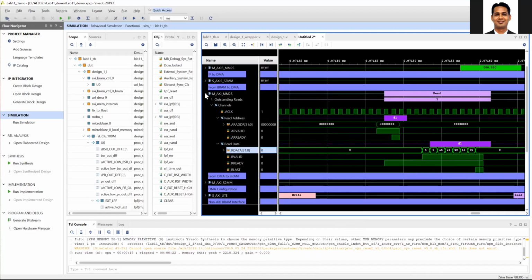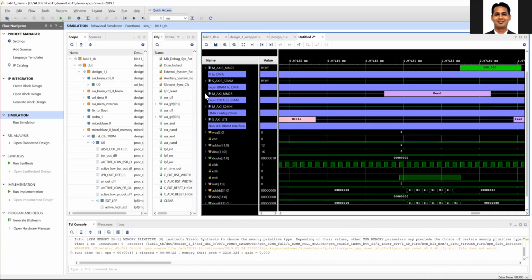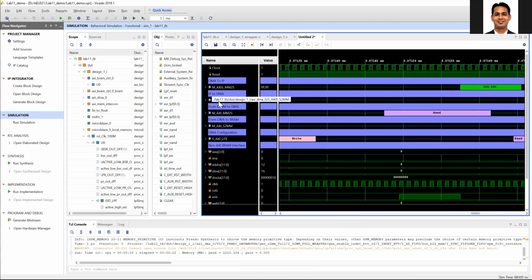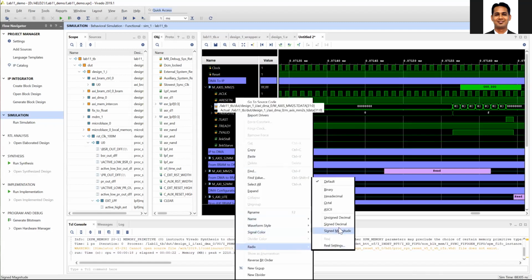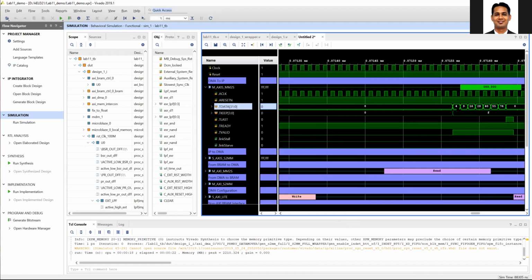Now, once this data is read by the DMA, the data will be passed to the IP. You can see that the data is being passed to the IP, first to the fixed to float IP.